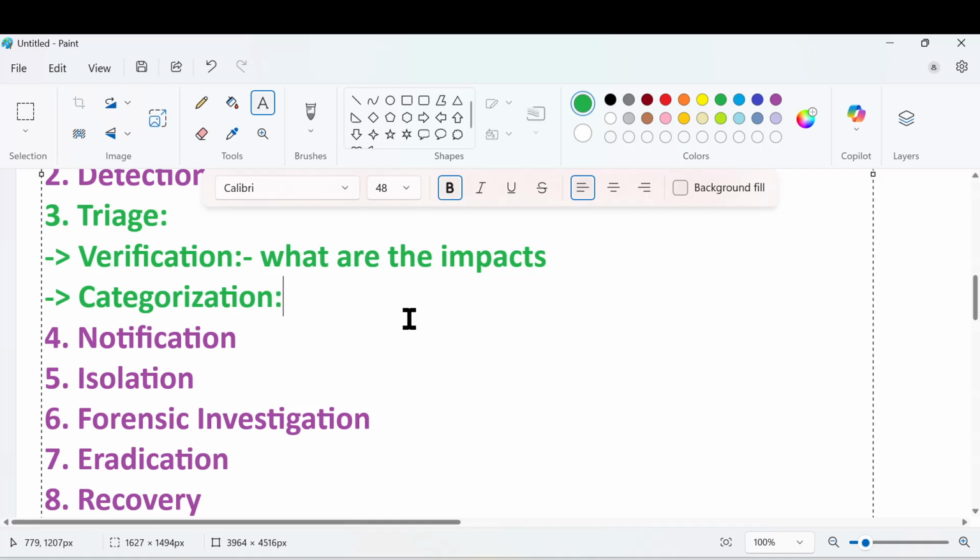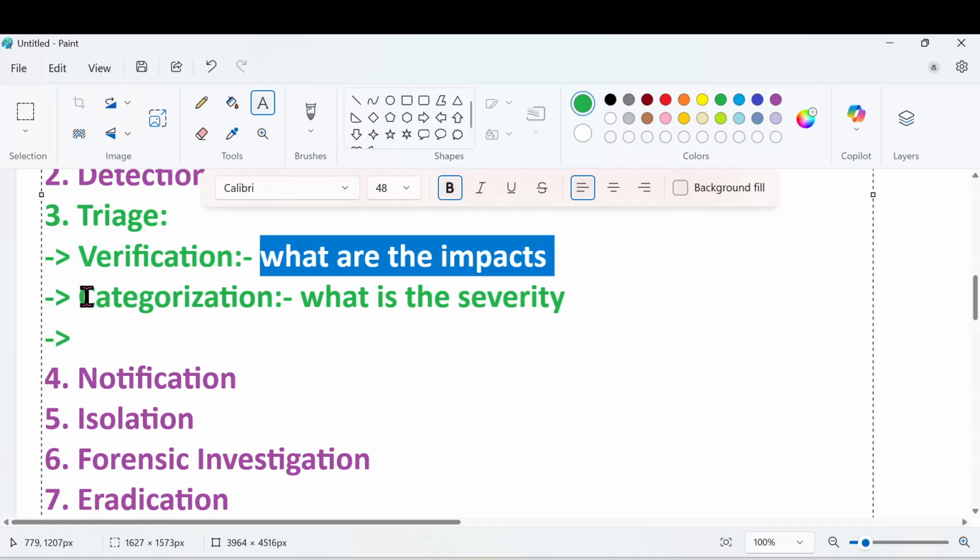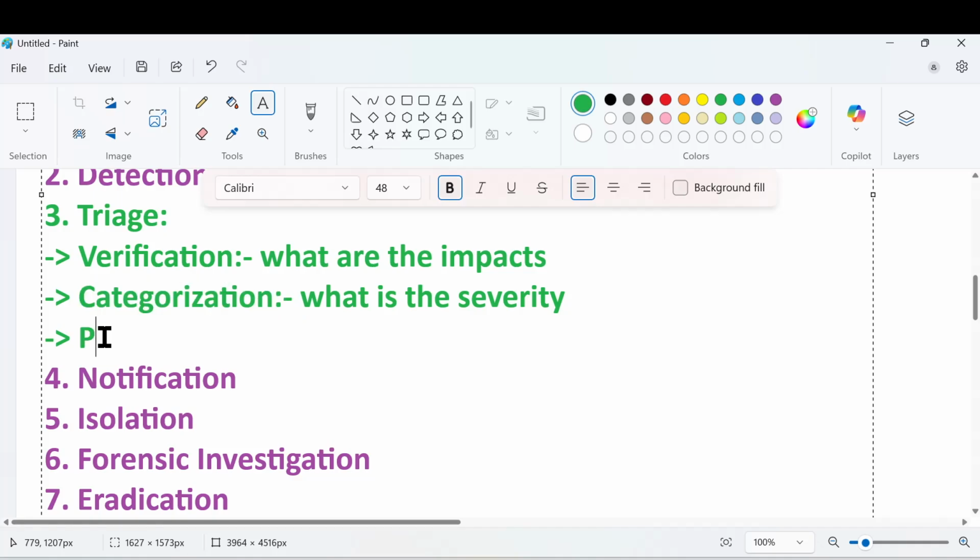Now they will be trying to categorize that particular incident to understand what the severity is, and what type of incident has occurred. With the help of that, they can quickly understand, okay, it is a ransomware attack that is going on. Now, with the help of these impacts, and by understanding the category of that particular incident, we will be able to perform the prioritization,